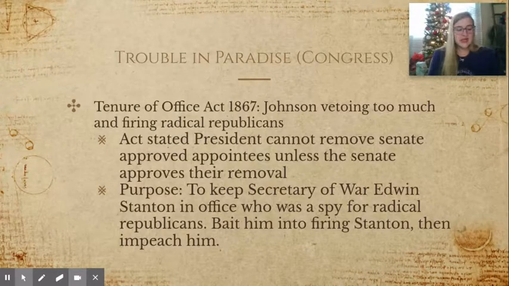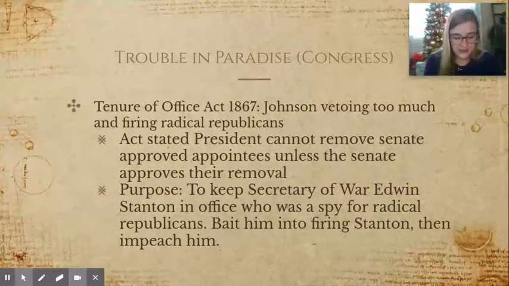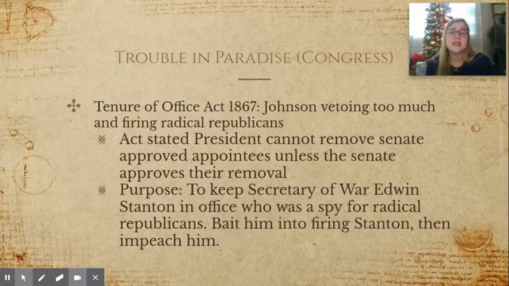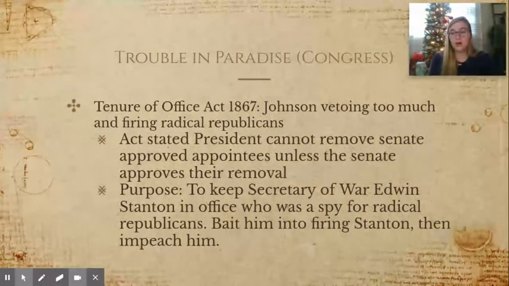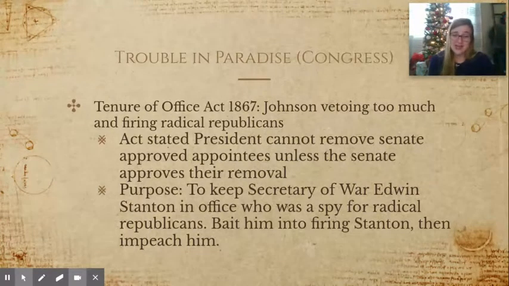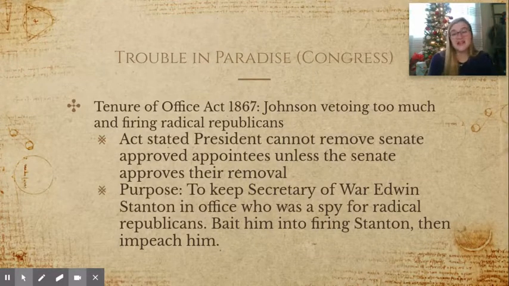The president can't remove Senate-approved appointees without approval of the Senate. So the Senate approves federal judges and different people within the cabinet and the bureaucracy and things like that. So it says that the president can't remove those people unless the Senate says they can, because the Senate appointed them. And the purpose is there is a radical Republican within the president's cabinet, the Secretary of War, Edwin Stanton, who they want to keep in the cabinet to spy for them. And so the whole purpose of this law is